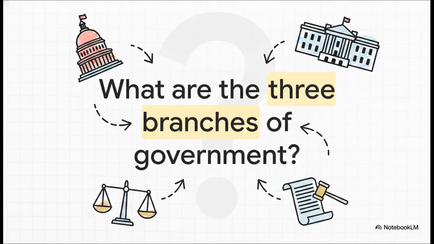Okay, let's do a quick mid-lesson knowledge check. I really want you to engage with this. Without looking back at your notes, can you mentally name the 3 distinct branches we just mapped out? Think about it. The lawmakers, the law enforcers, and the law interpreters. Right, it's the legislative, executive, and judicial branches.